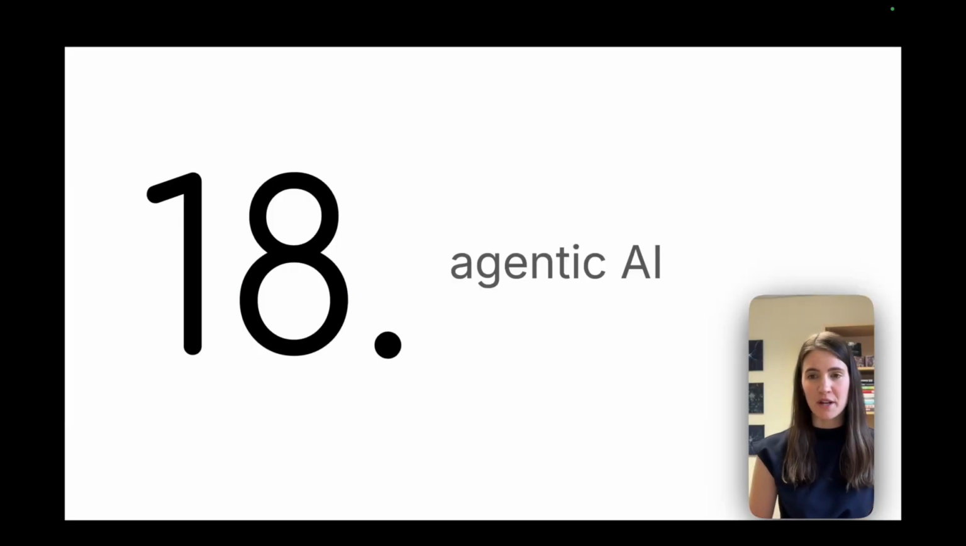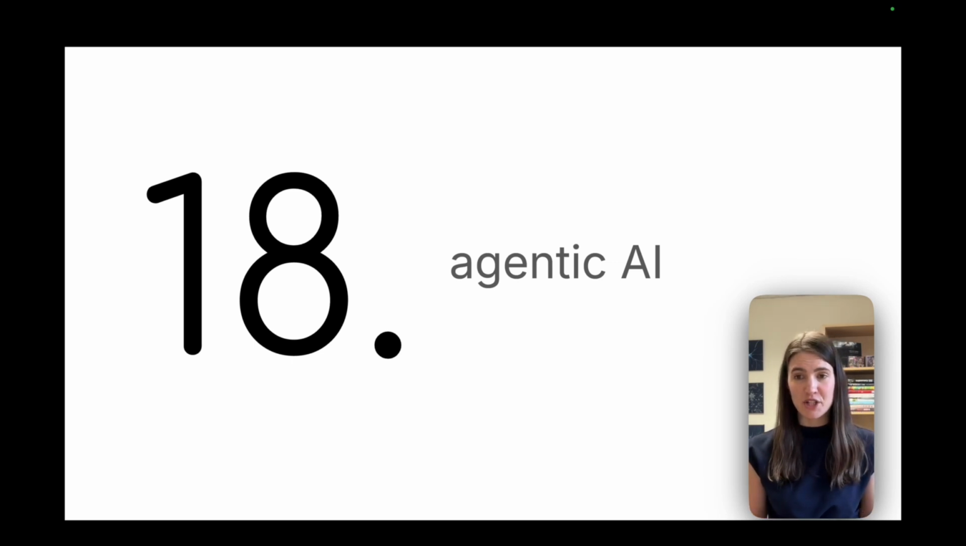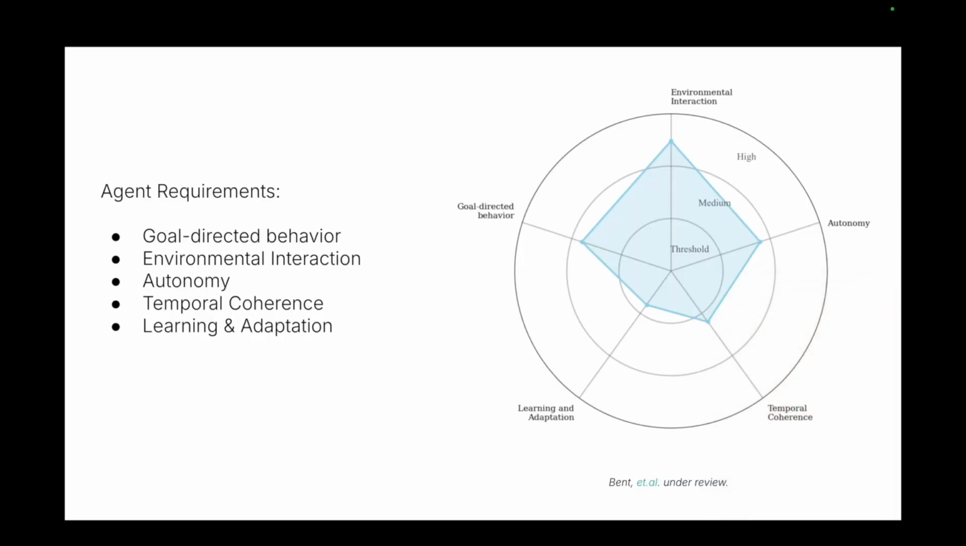It's episode 18, and we're going to talk about the biggest buzzword in AI this year, which is agentic AI. What does it mean to be an AI agent? Well, to be considered an agent, you need to have goal-directed behavior, environmental interaction, autonomy, temporal coherence, and learning and